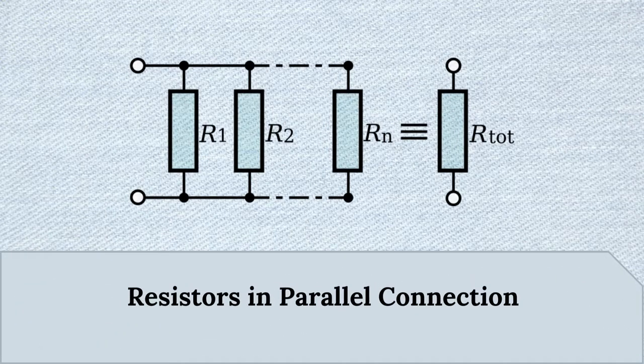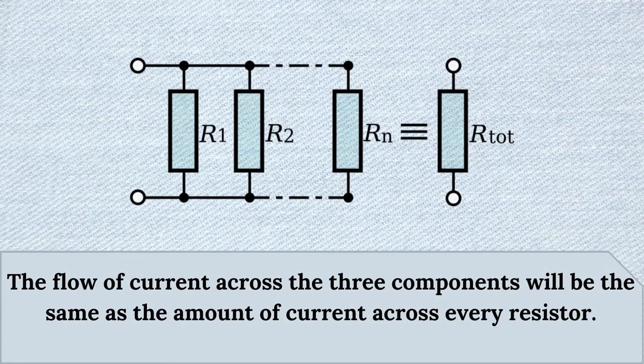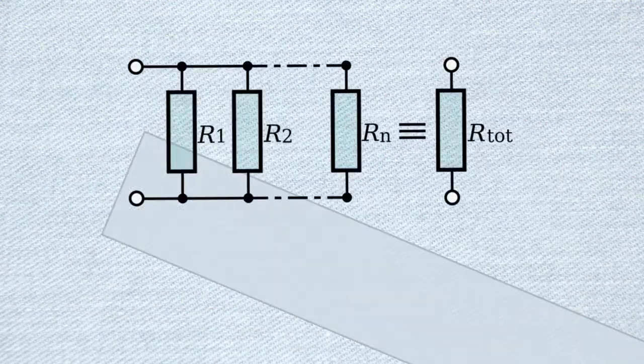Resistors in parallel connection. In a parallel circuit connection, when the resistors are connected in parallel in a circuit, the voltage across every resistor will be the same. The flow of current across the three components will be the sum of the current across every resistor. The circuit diagram of the resistors in parallel connection is shown above. Here the resistors used in the circuit are denoted R1, R2, and R3. The total resistance of the three resistors can be written as